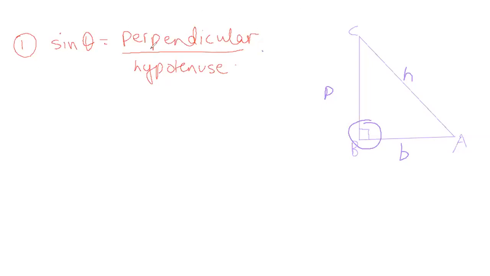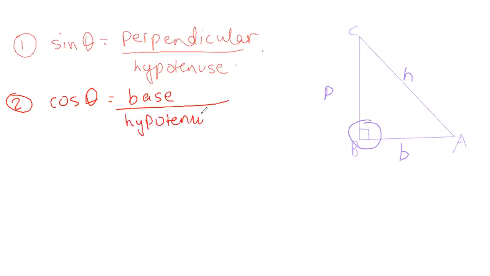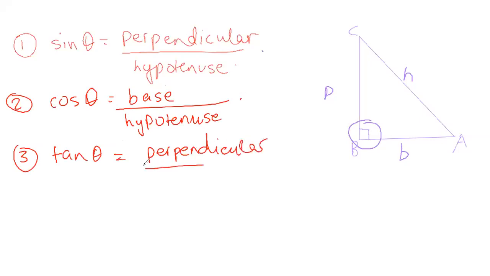Now our second formula is cos theta. So cos theta is equal to base upon hypotenuse. Then our third formula is tan theta. Tan theta is equal to perpendicular upon base. Even if you have learned all these basic formulas, it is enough for the problems that we are to do ahead, because it will help you in future and it will provide you a guide.